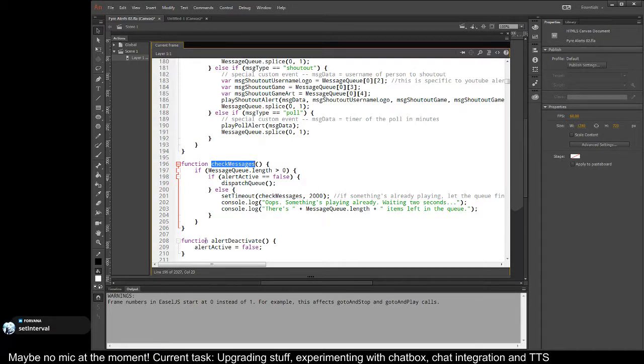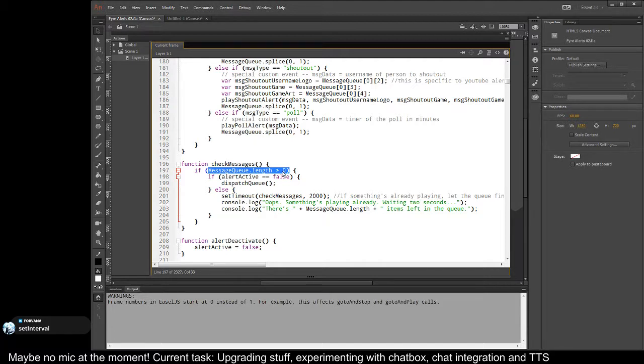Oh yeah, that's the thing. I could give it a flag. All I would need to do is say if the message queue is greater than 0, then obviously that means that there's still things waiting in the queue. So I could set interval